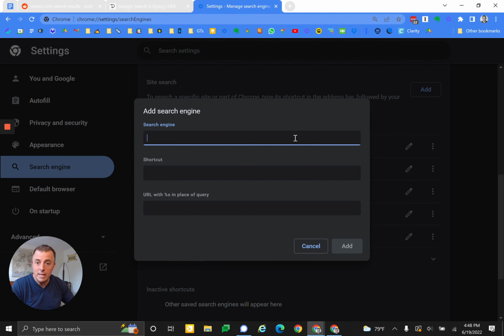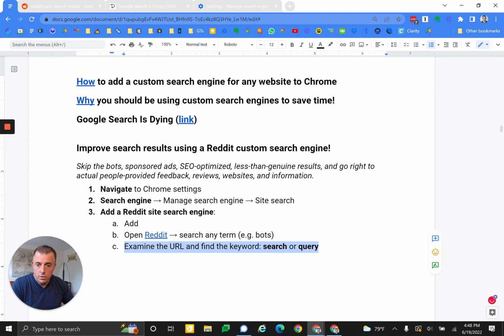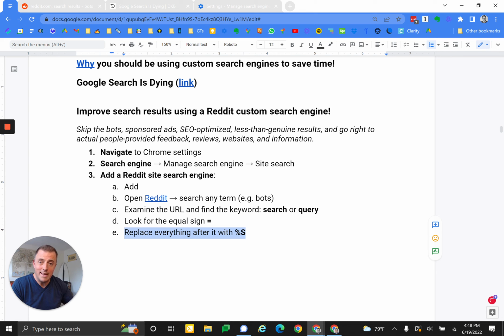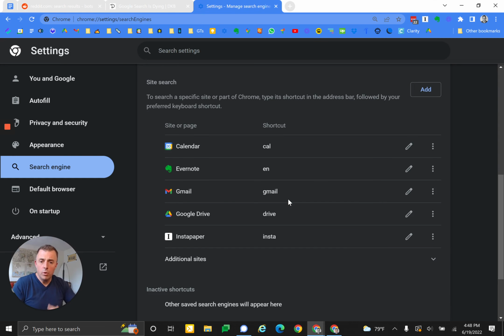I'm going to bring it over to the add a search engine, and I'm going to give the search engine a name, Reddit. The shortcut r/, because why not? URL. Here we go. And the instructions tell us, or they remind us, because this right here is not super clear all the time, to examine the URL and find the keyword either search or query, and then look for the equal sign and replace everything after it with %s. And that's what we're going to do. There's the equal sign, replace it with %s, hit add,